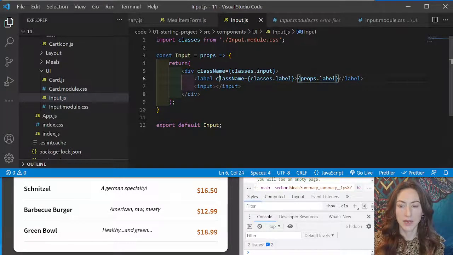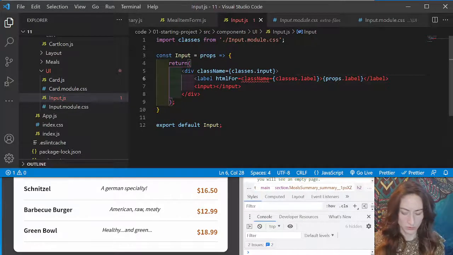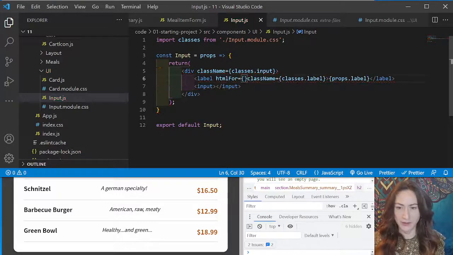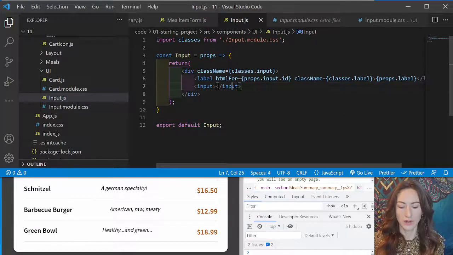And we'll also add an HTML4 on this particular label tag, and this will be props.input.id. And then in our input,